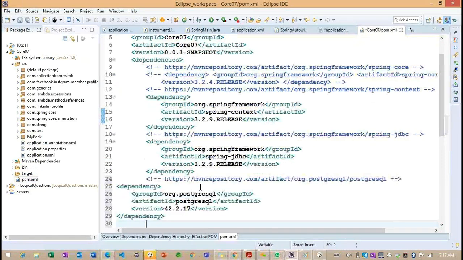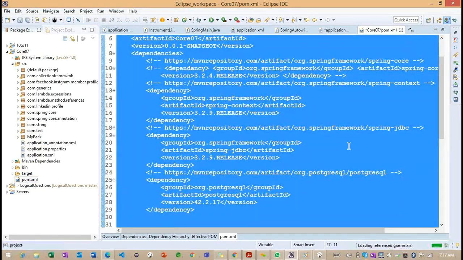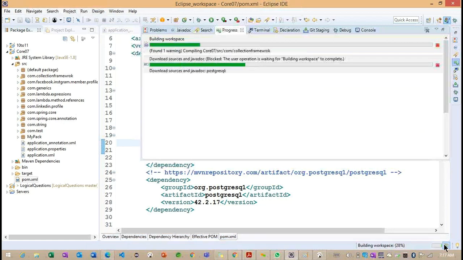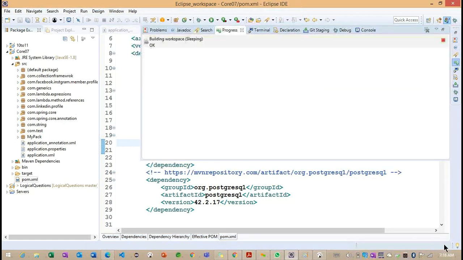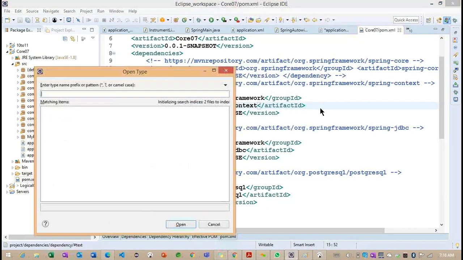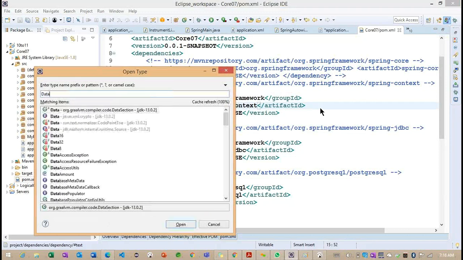Now what I'm doing here, I'm trying to add. So this is the Postgres jar also. So these two jars we need to add, and once it is completed, this particular billing workspace, we need to see what unchecked exceptions are implemented. Right, the billing workspace is completed. Now what I'm doing is looking at the unchecked exception classes.